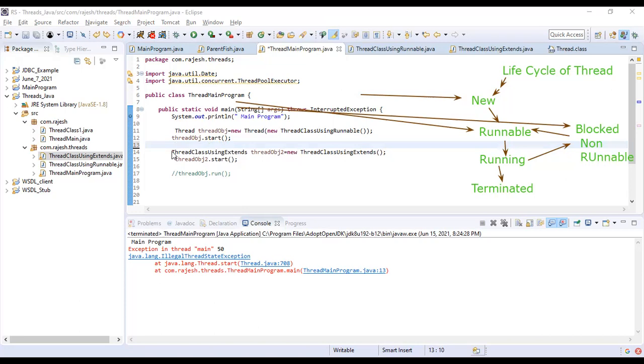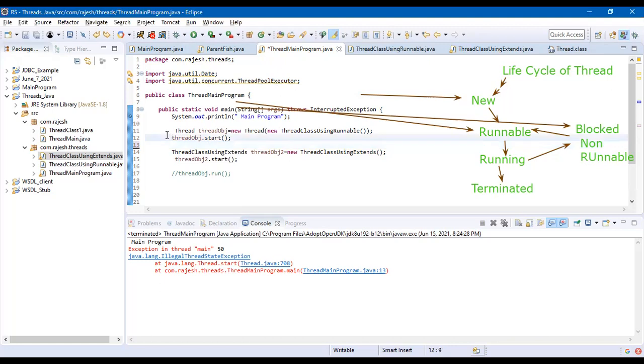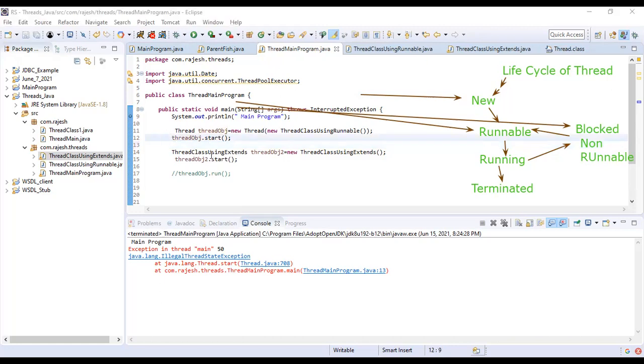What will thread.join do? This will wait for the thread to die. But okay, I'll show it later because I've not tried it. I want to just try it before I can show you. Okay, so what else is there in the thread?